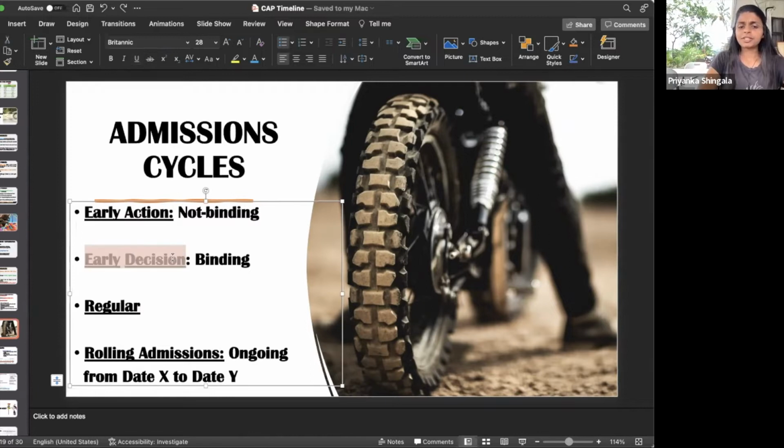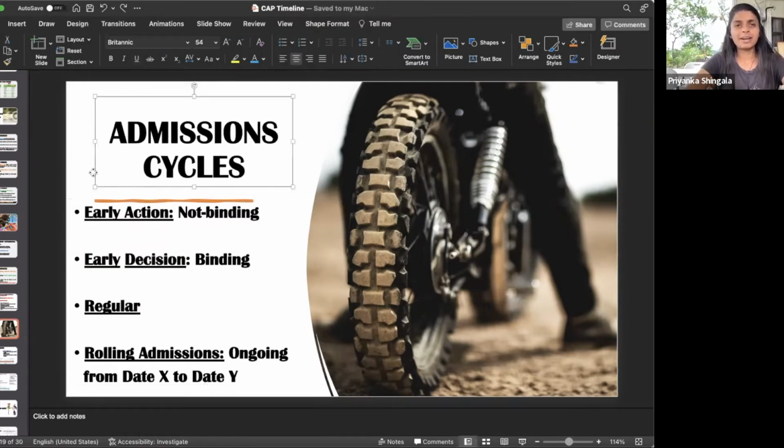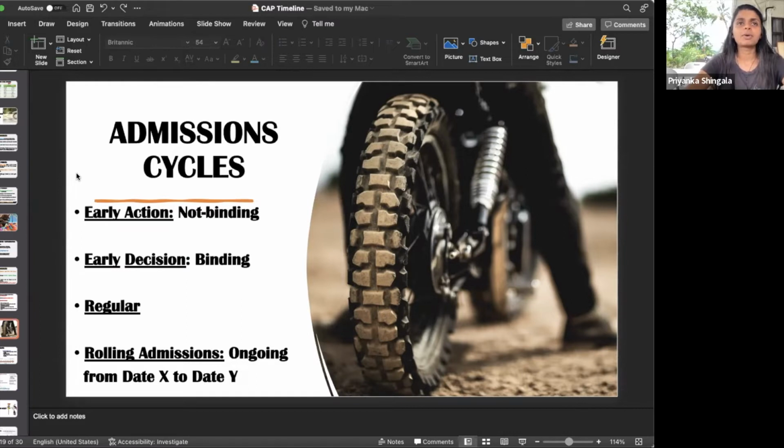So early decision is binding. Early decision, you should only apply to one school. And when I say binding, you sign an electronic contract. So once you submit your application, parents, you also receive a link from the application that just says you agree to these terms and conditions, basically type out your name, put the date, hit submit. And you're saying that if accepted, I will forsake every other university to attend.